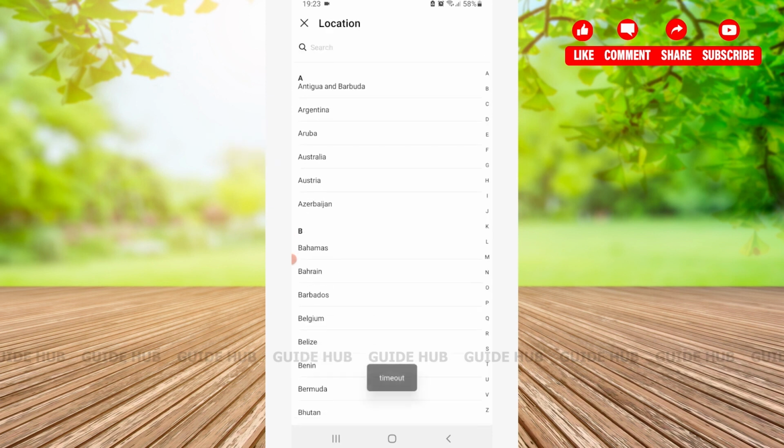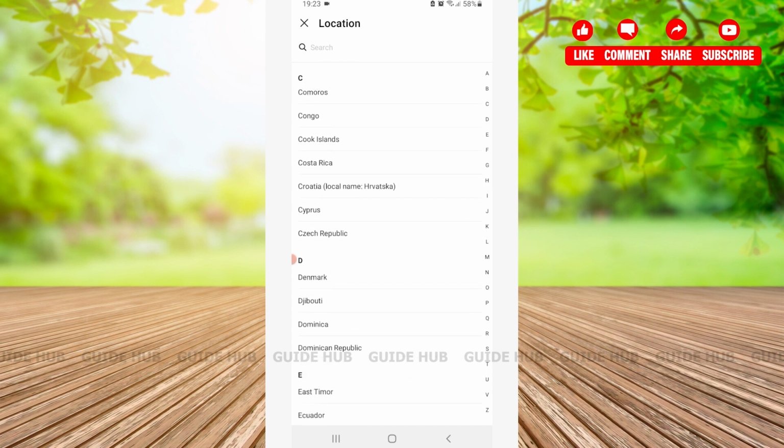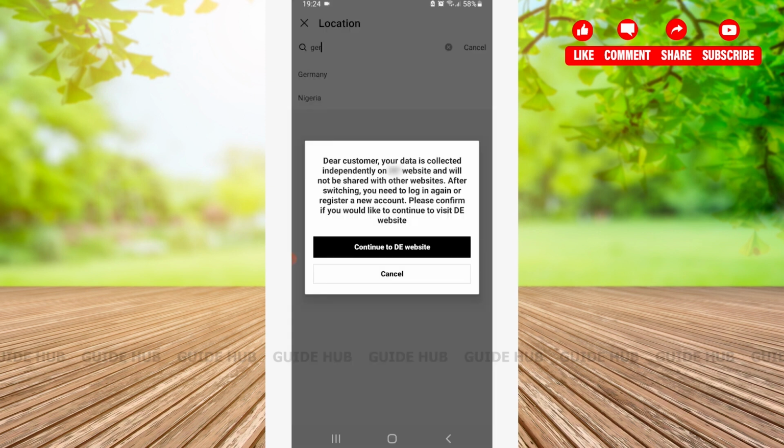Here you can see all the countries that are listed here. Here you can choose your preferred country, and if you don't seem to find your country, then you can tap on the search bar that is located on the very top and search for your country. Choose your location, and here it is said that all your data is collected independently on the current country that